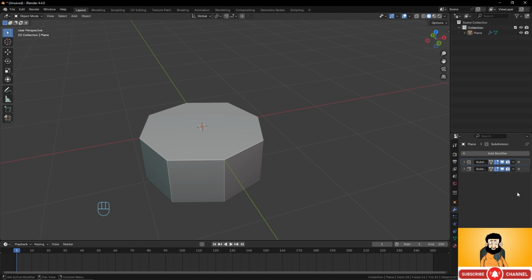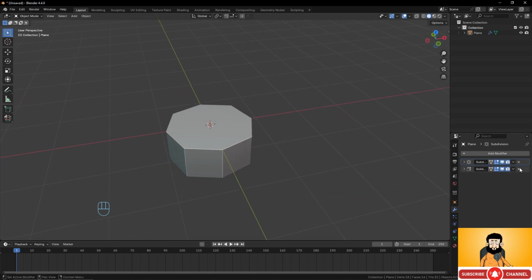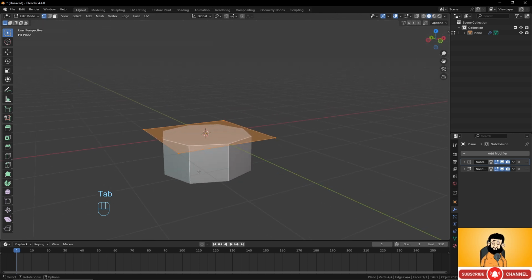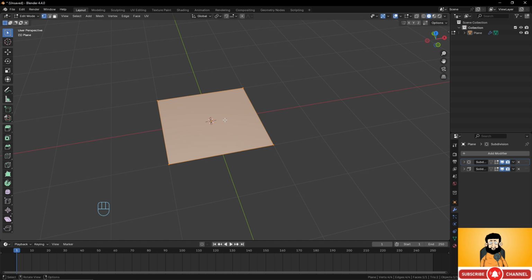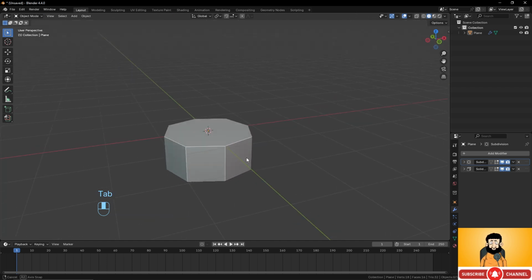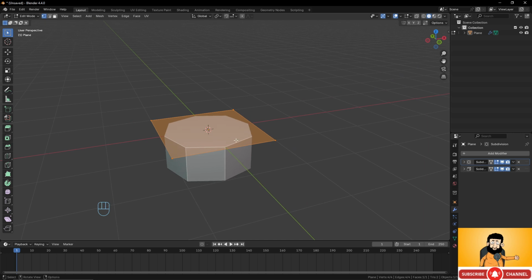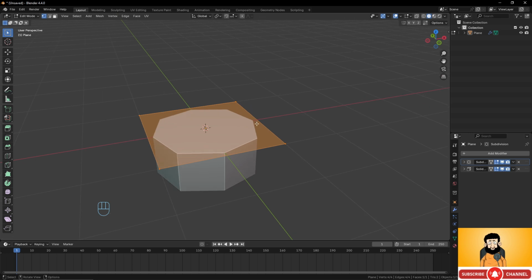So for example, here, if I enable this in edit mode, you can see the result in edit mode. But if I disable this, I have only this in edit mode, and now in object mode, I have the modified object. Sometimes it disturbs to have all of this in the viewport, so sometimes you can hide it, and sometimes you can even make the original geometry stick to the new